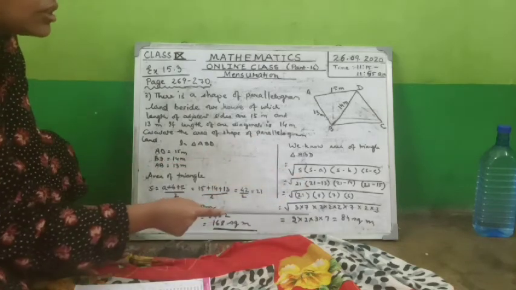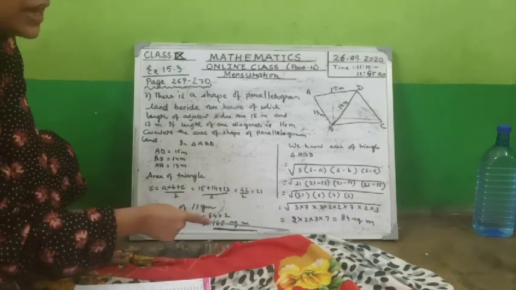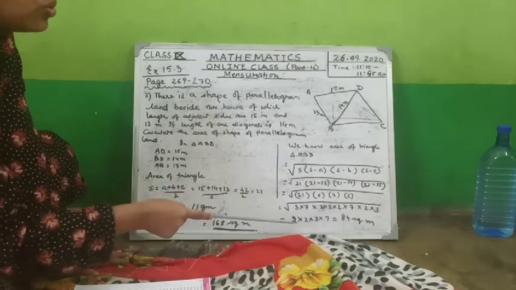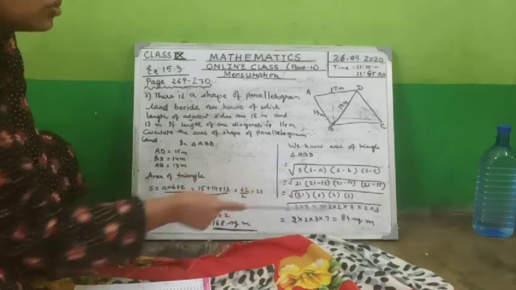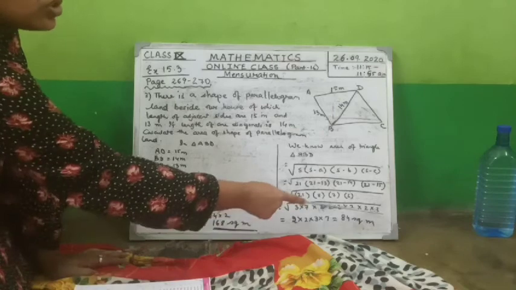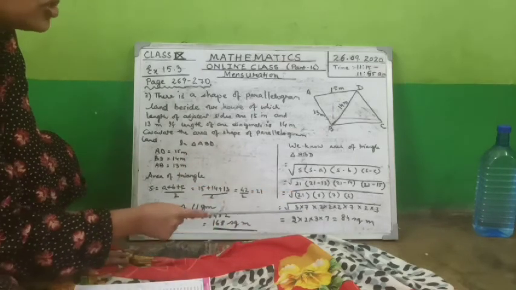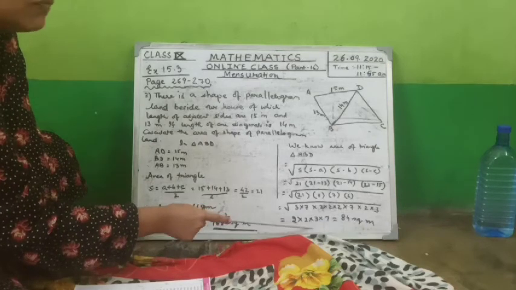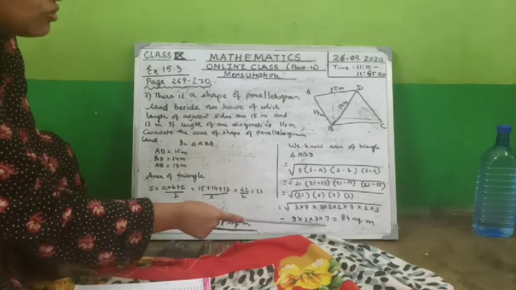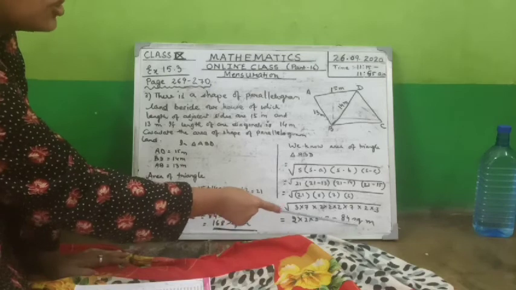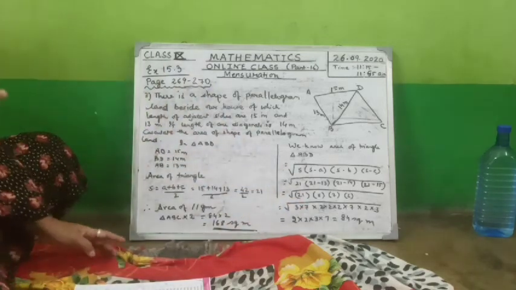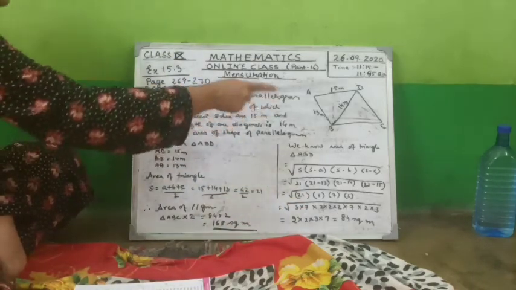So take the pairs, a pair comes out as a single. There are 2, 2, so 2 will come out. Again there are 2, 2, so 2 will come out. There are 3, 3, so 3 will come out. There are 7, 7, so 7 will come out. So 2 twos are 4, 4 threes are 12, 12 sevens are 84 square meter. So we got the area of this triangular land.